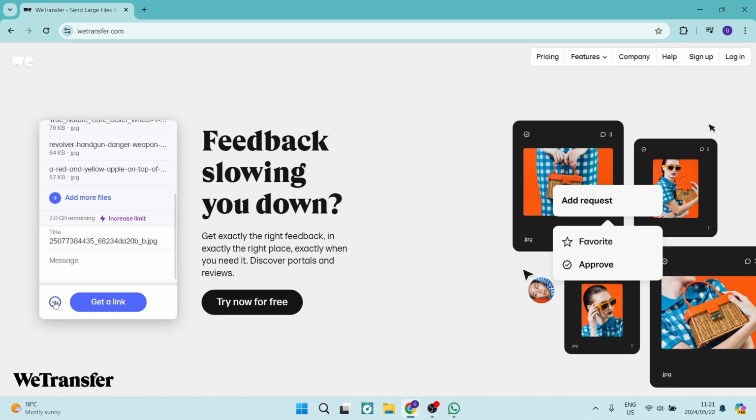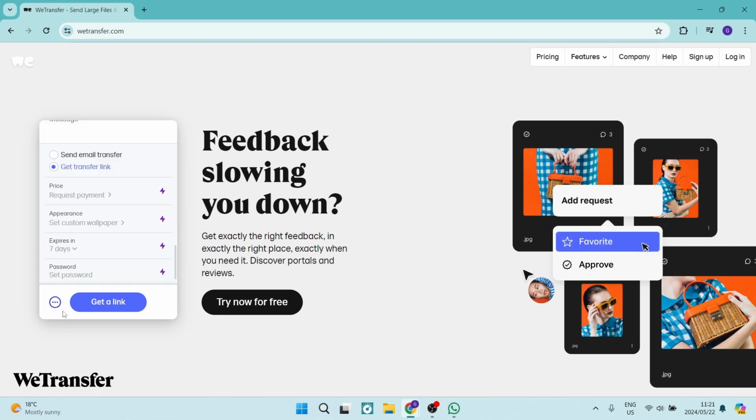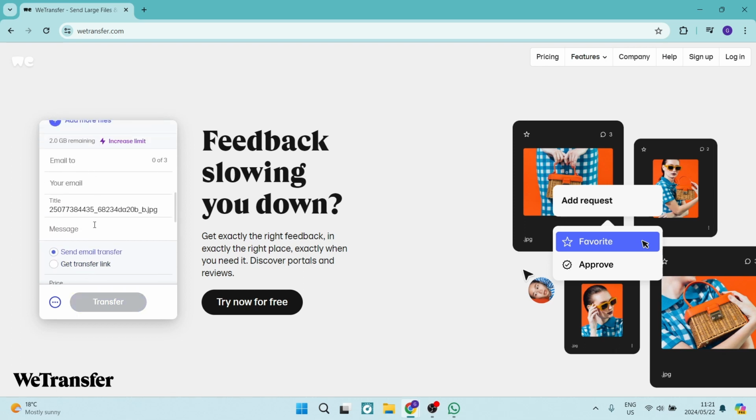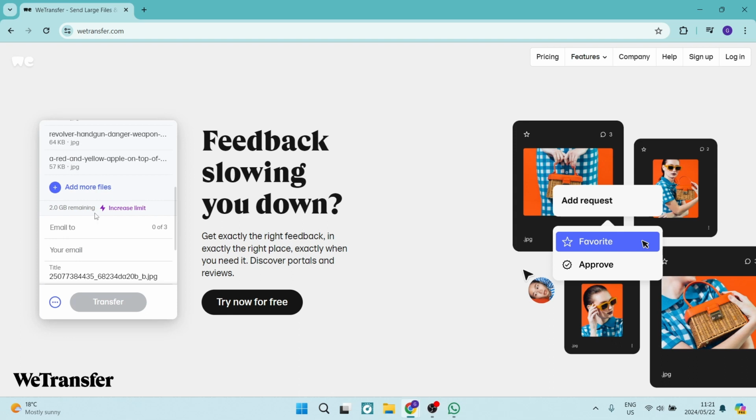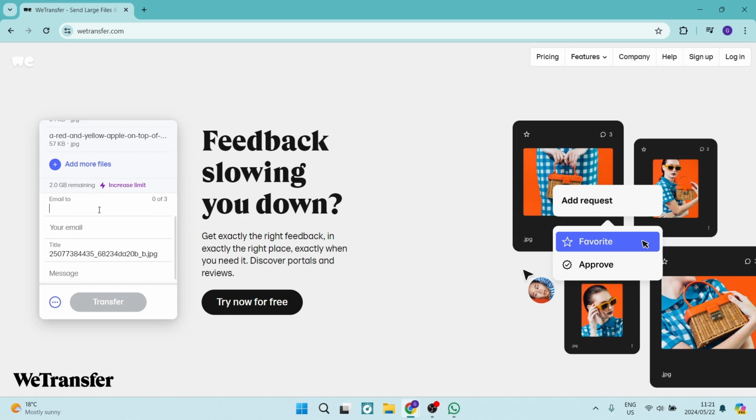But if you want to do this via email, you will have to click on the three dots, and over here you can see you have the option to send email transfer. So once you do that, you will email this file to the email address that you would like. So you will enter that one in over here, and then you will also enter in your